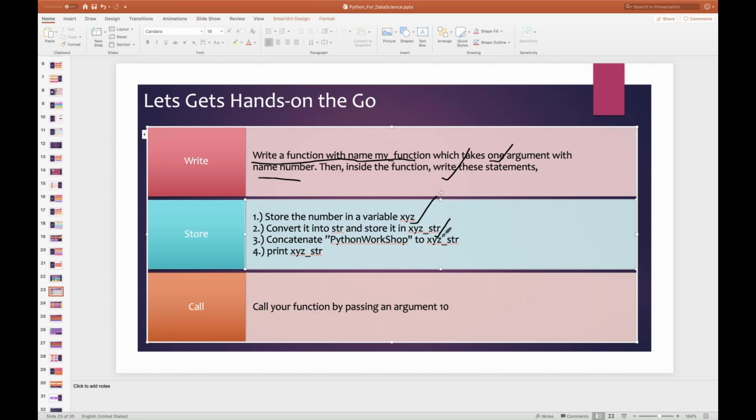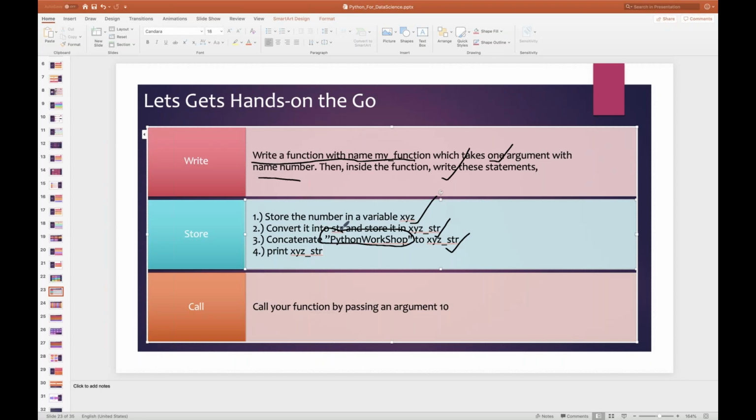And after that, concatenate the words Python workshop to xyz_str. For example, if xyz is equal to 10, then I should simply say xyz.